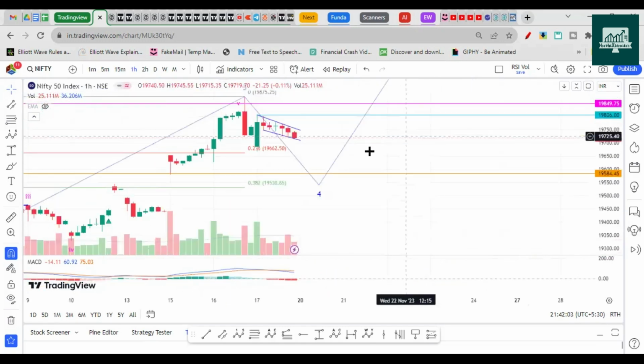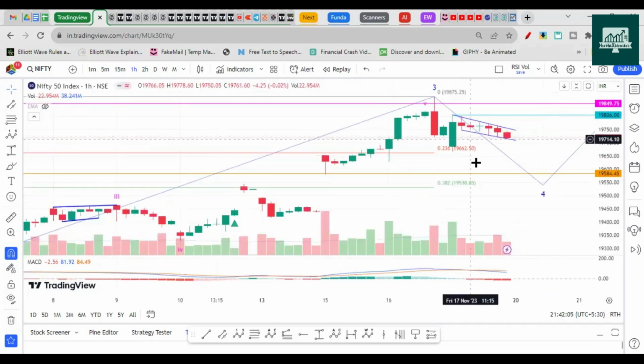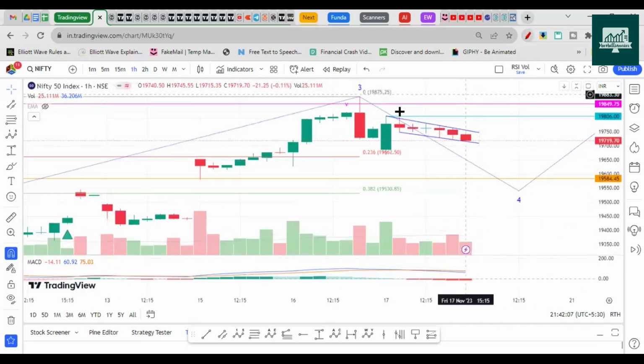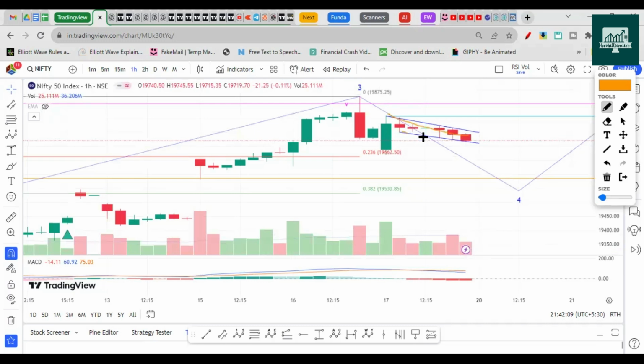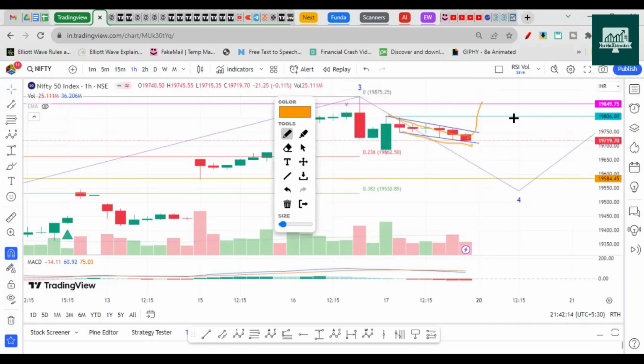And here also, from the last session, you can see it has made a channel like here, right? If it breaks this channel, I'll expect it to move towards the 19,800 to 850 zones, and from there it could give the dip. So if it goes here and starts rejection on the hourly time frame, we can look for a down move of 300 points. But even these can trick us with slower moves, going like this.